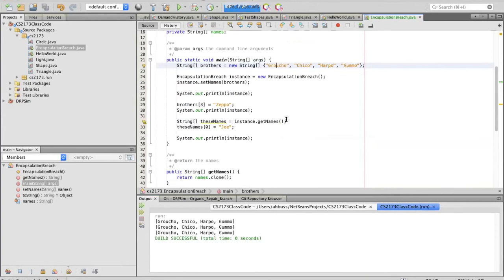Okay, so that's what I mean by an encapsulation breach. And this is something to watch out for because this can bite you real bad. So when you're using arrays, you need to make sure you always return a copy, a clone. And when you're setting arrays, you want to make sure you always set a copy, a clone.